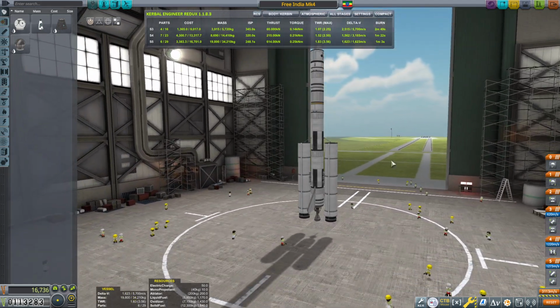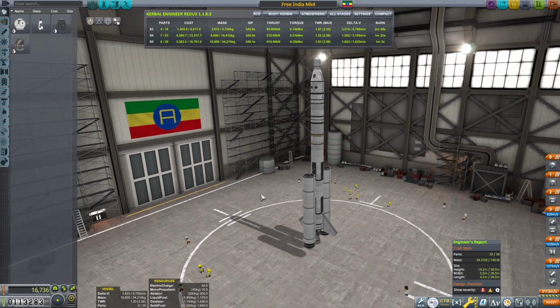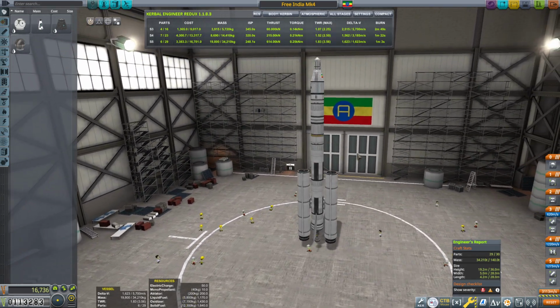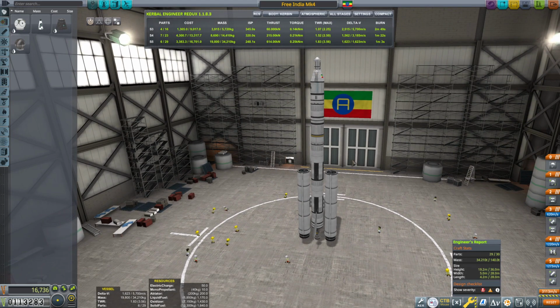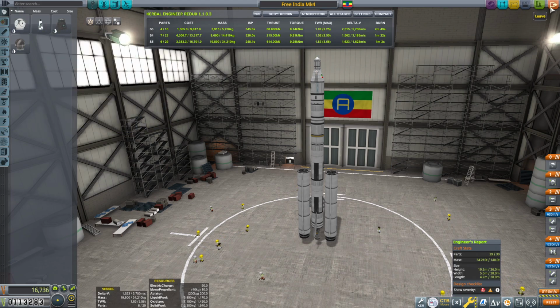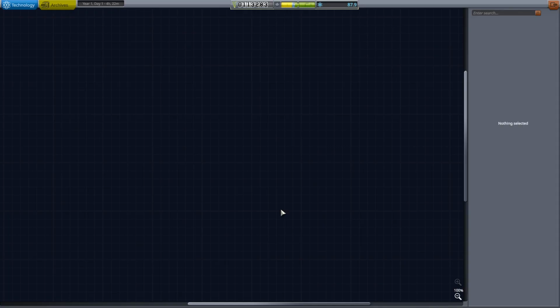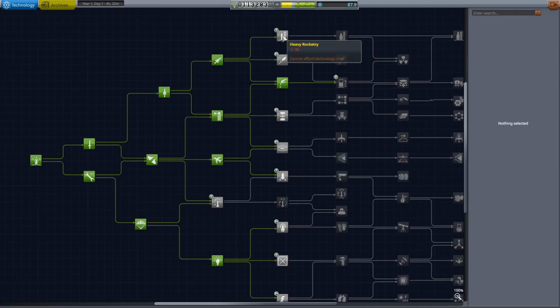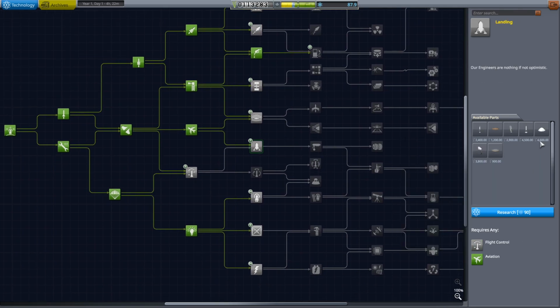So, the question now becomes, how do we want to do a moon flyby? I think that we have what we need to do it right here. I would like to have a 2-seater cockpit. That would be nice for this, so that we could have a scientist reset our experiments. That would be a very, very good thing to do. I want to check R&D and see. We've got 87 science. That's not quite enough to get...